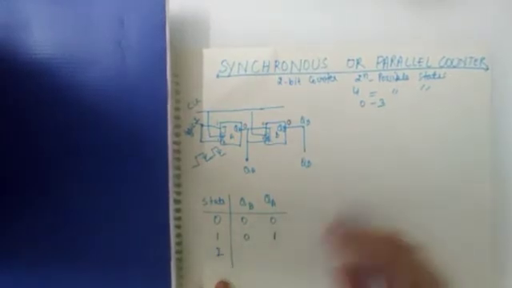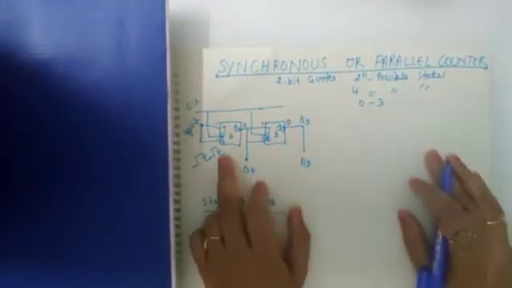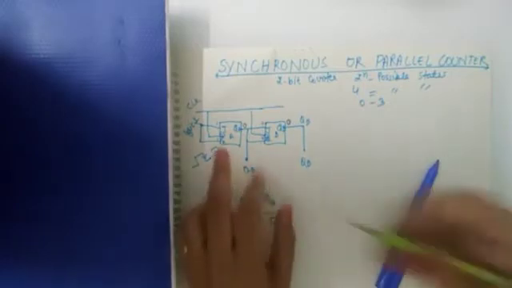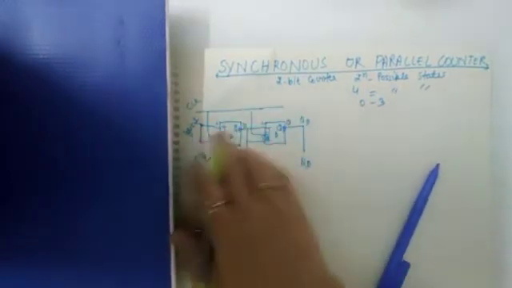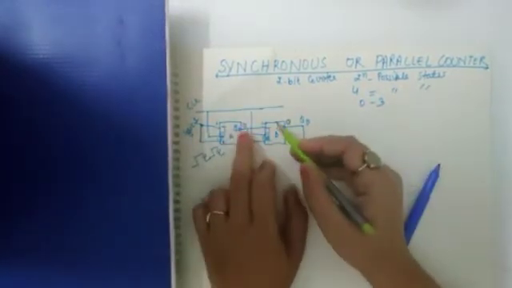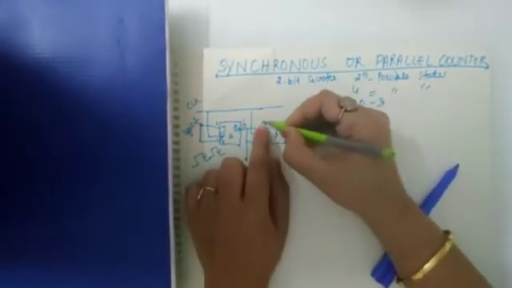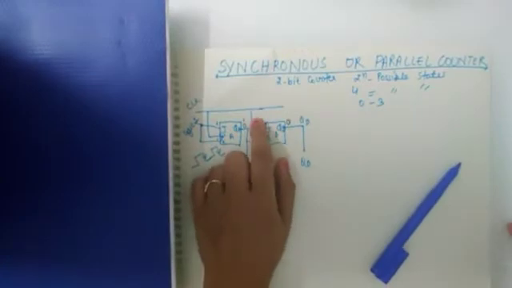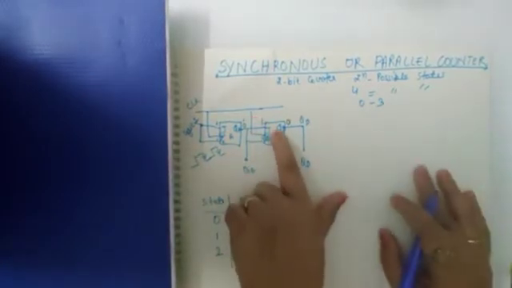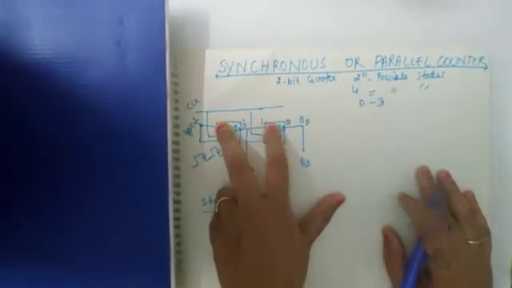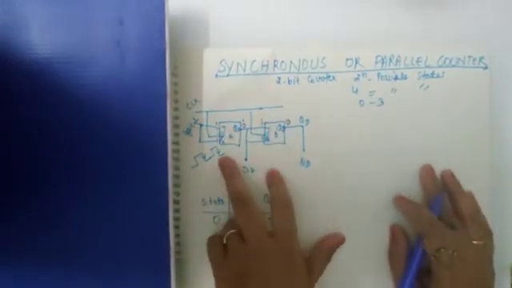Now the second negative clock pulse arrives. Before applying the second clock pulse, we check whether the inputs are in a ready position or not. This input is always 1 because this is the external input. Now this output has toggled to 1, and this one will be the input for the second flip-flop. So both flip-flops have the input 1. Now we are applying the second clock pulse.